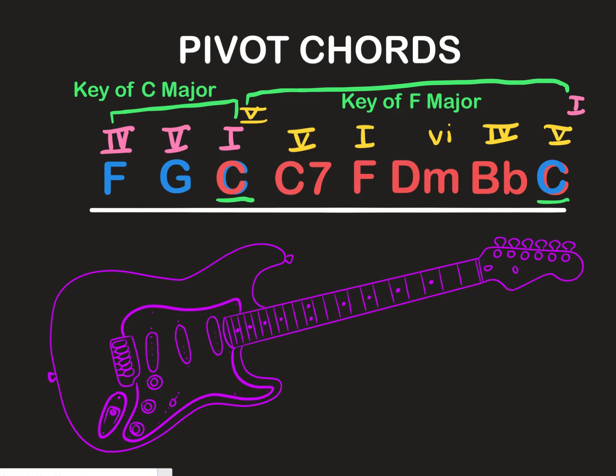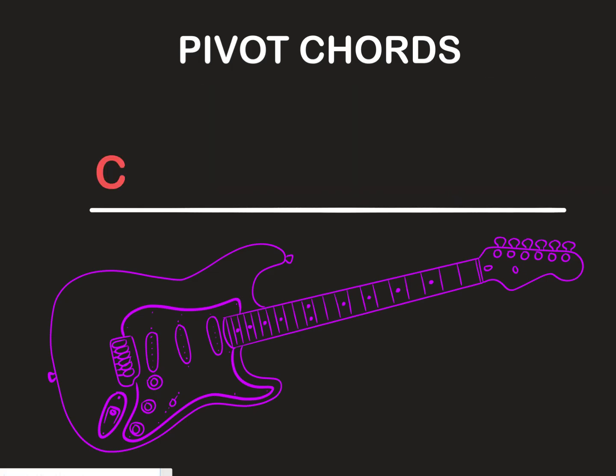The addition of the C7 strengthens the resolution of F, establishing the new key. Later, C can either resolve to F or be interpreted as a return to C major. Another example, key of C major: C major, G major, F major, D minor. From here, this chord pivots into the key of A minor: G,